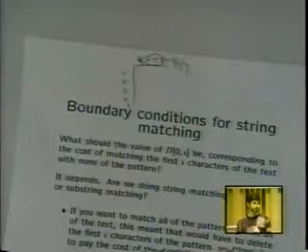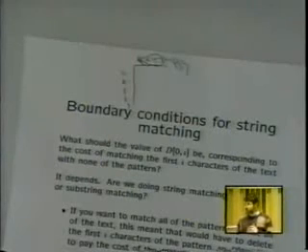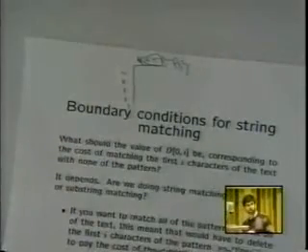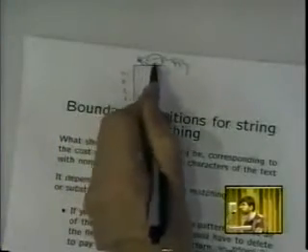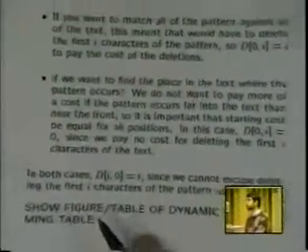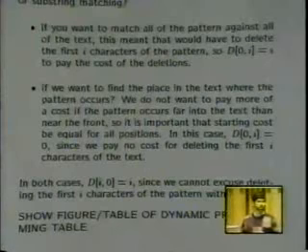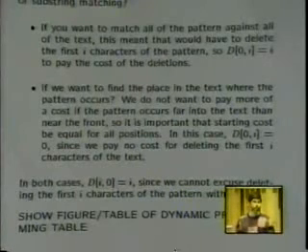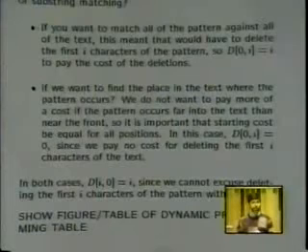This is substring matching instead of string matching. If you were doing substring matching, let's say that happy was a dirty word, you would not want to pay any cost for the words that were before it. So in that case, your initial condition would be a cost of 0, because we're not going to pay any cost for deleting the first characters if we're doing substring matching. So think a little bit about that.